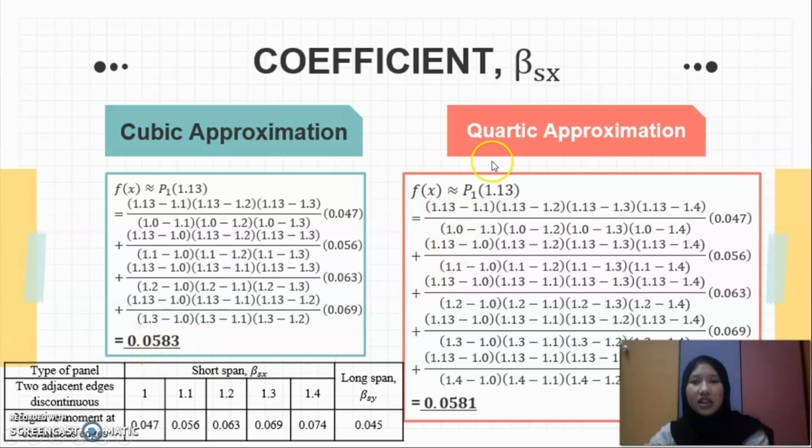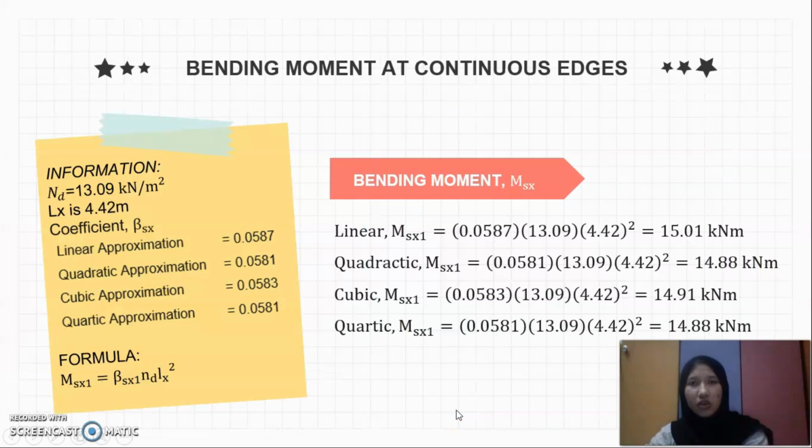0.0583. Lastly is the quartic approximation. We need to use 5 data, that is 1, 1.1, 1.2, 1.3 and also 1.4. And we get the answer 0.0581. Okay, so after we get the value of the bending coefficient based on the slab ratio 1.13,